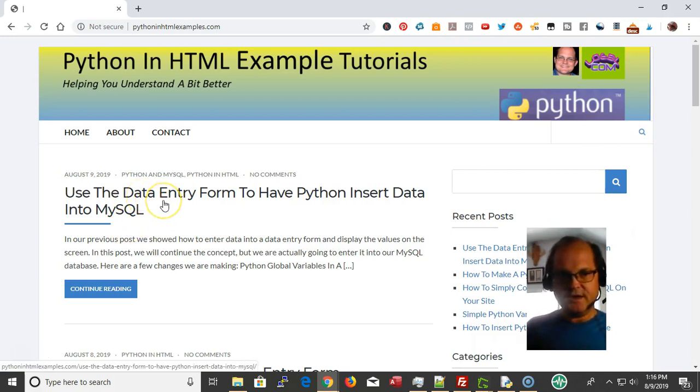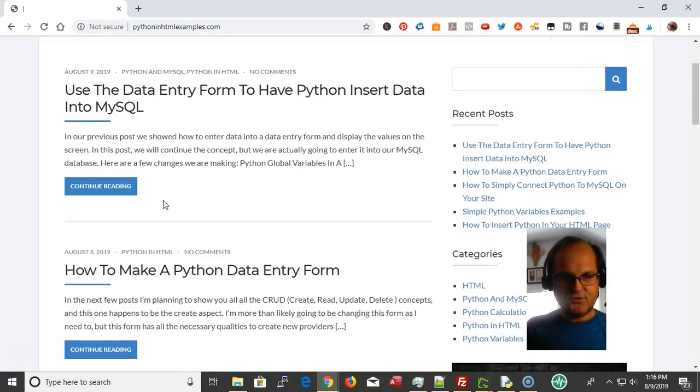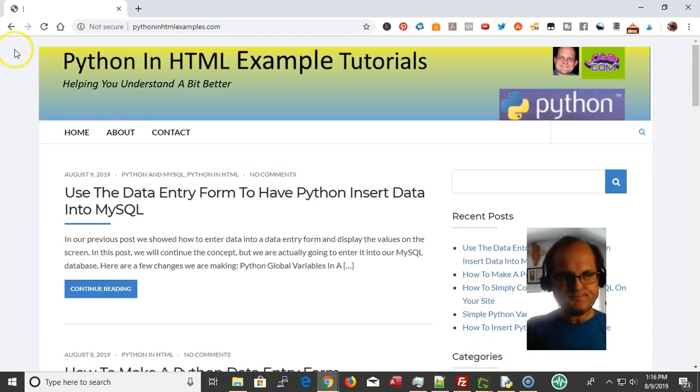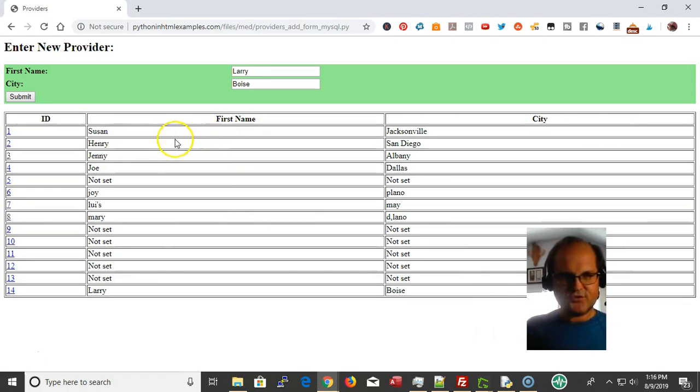Pretty cool. In a previous post, we looked at how to make a Python data entry form for our CRUD, the create, read, update, delete concepts. This is a database I designed in PHP and redesigned into Python. It doesn't look like a whole lot, but it's pretty cool to see how Python works in this HTML context, and I could probably use some of these principles in the future. So what we have here